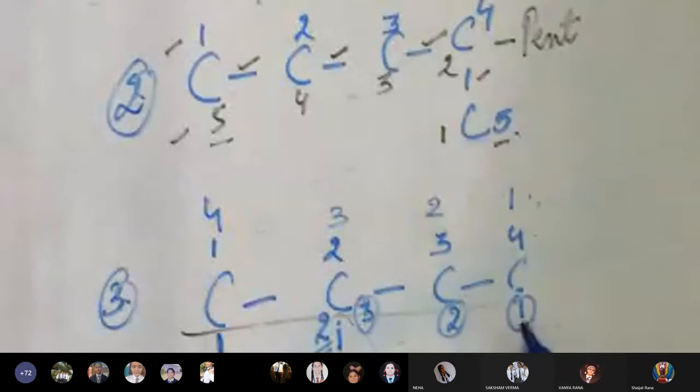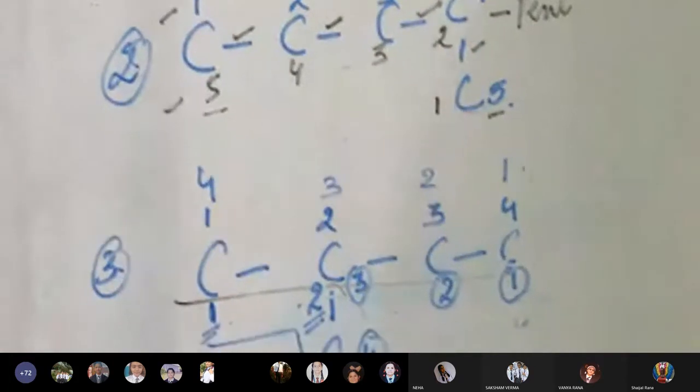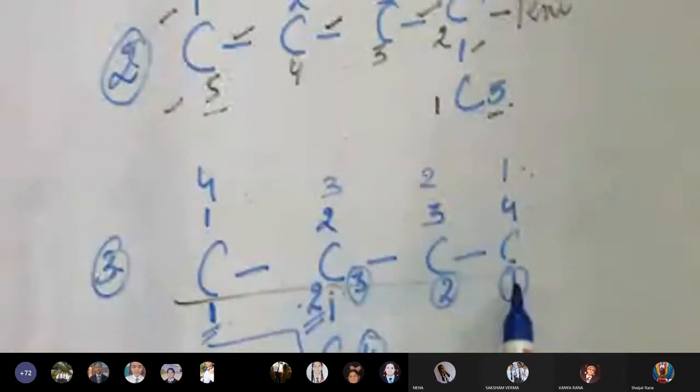Okay, another numbering 1 2 3 and 4. Now look at here, with this pattern I have got carbon number 3, 1 2 and 3. With the other three patterns, whether I move this way, or 1 2 3 and 4, I have got carbon number 4. Now the rule applies here. You have to select a chain which is longest. So out of carbon number 3 and carbon number 4, this is the longest chain. So I already know the answer. This 1 2 3 is wrong.